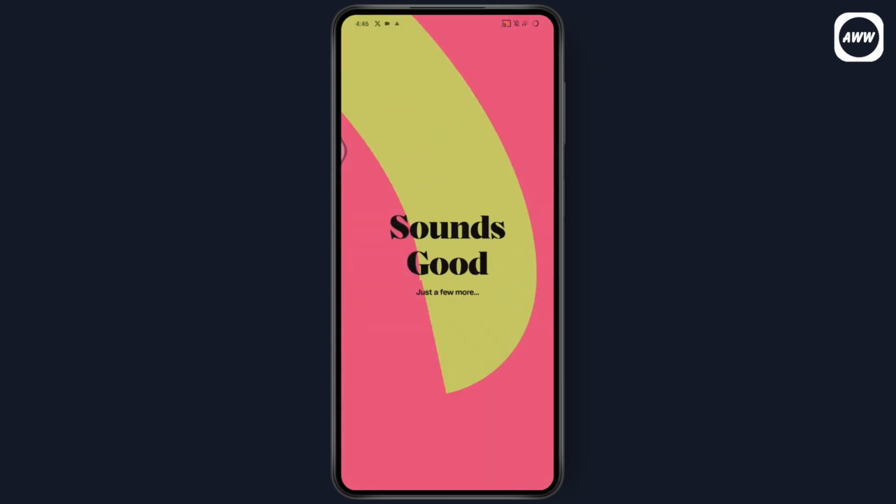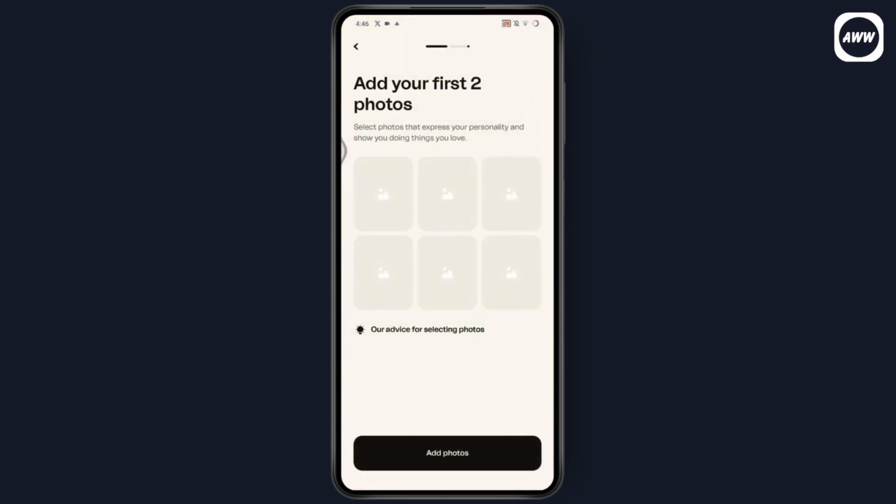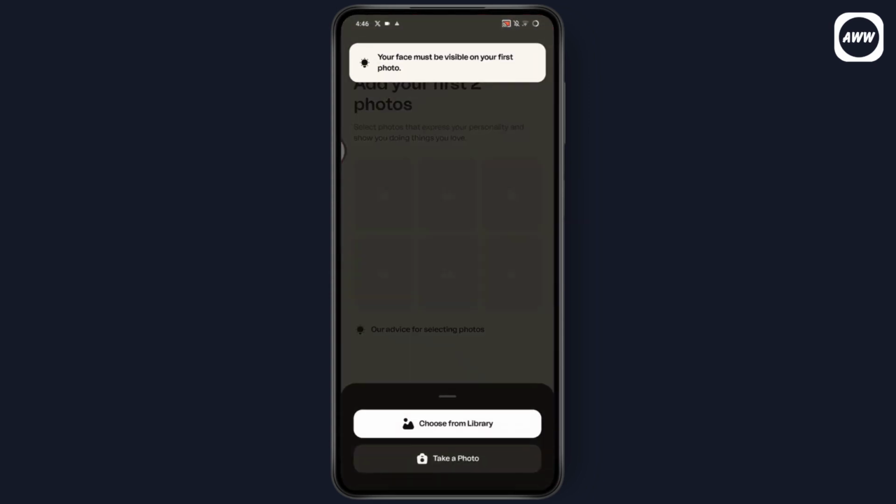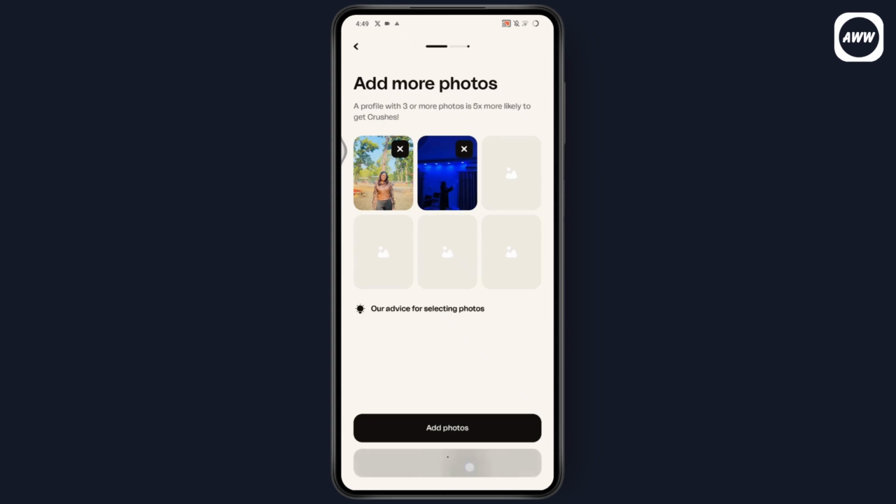You can also skip all of these. You can go with the upper right, which has that skip option. You can add some photos. So you can choose from library. After adding, go with add photos, which is on the bottom, and tap on add photos, or go with continue,